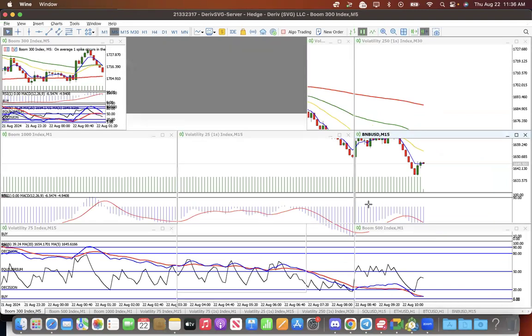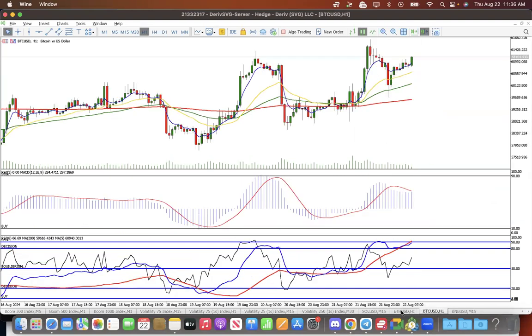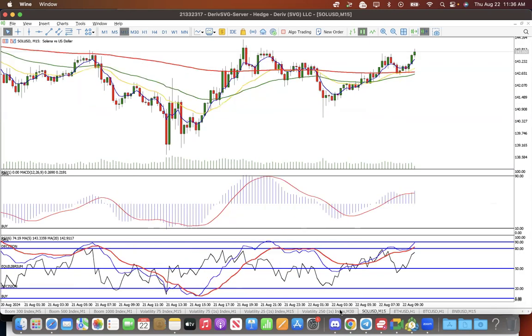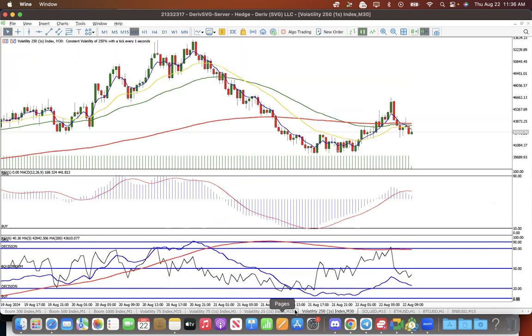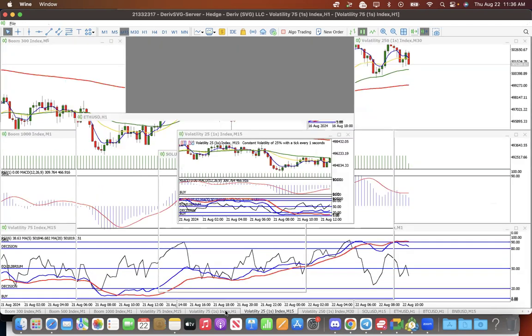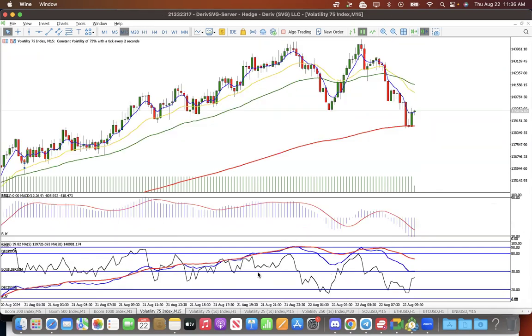synthetics. BNB, you are tired. You are resting? BTC about to jump up. Solana. Okay. Volatility V25. Boom 1000. I'm sure you must have. Oh, wow, wow. Which one is this? V75 got supported at 200